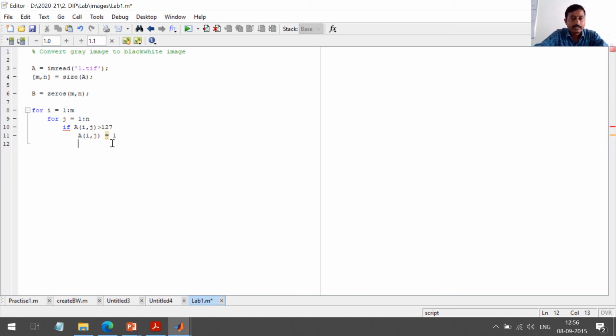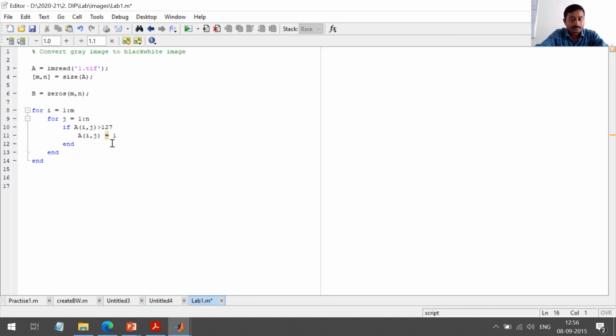Because it is already having zero values, there is no need for an else. And we have to end each construct using the end command. So the if is ended, then the innermost for is ended, then the outer for. Now thresholding is done.